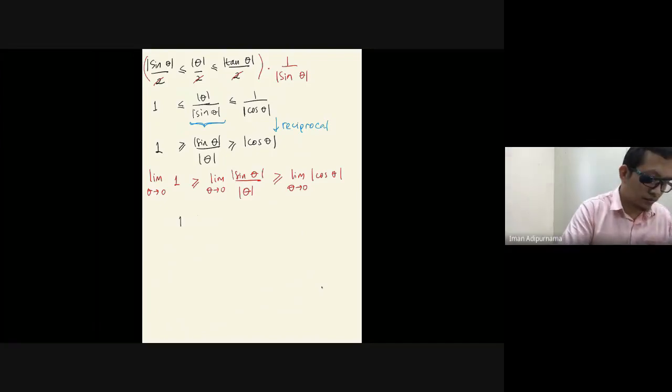So 1, it's also 1, right? Cos 0 is 1. So by the squeeze theorem,